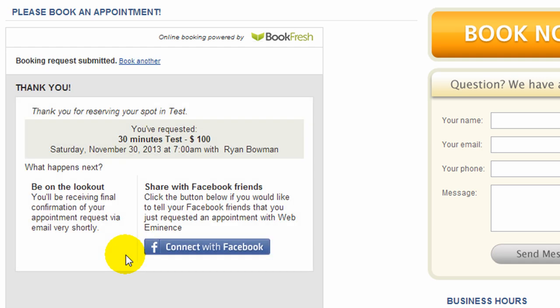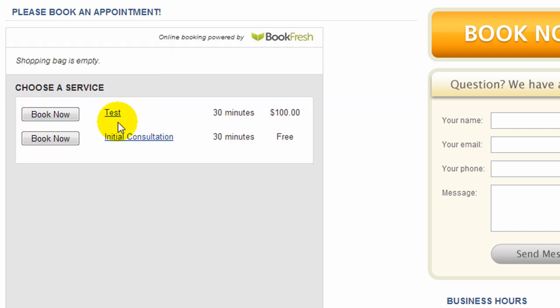And typically, if payments are set up, it's going to go right to a payment page where people type in their credit card information, click Submit right on one page, and then it's going to take them to this page, which is a thank you page. It would work the same way if we went back and tried to book an initial consultation, which is available